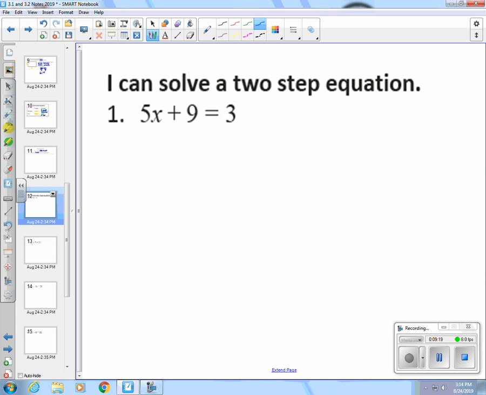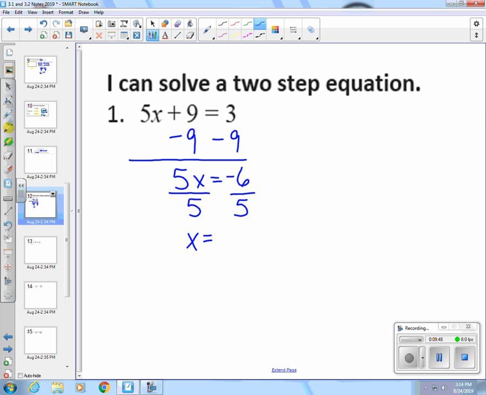If I knew what x was, I'd multiply by 5 and I would add 9. I need to go backwards through that order of operations. So I said adding 9 was the last thing I would do. It's the first thing I want to undo. So I need to subtract 9 on both sides and have 5x equals -6. Now I can use inverse operations on this one-step equation